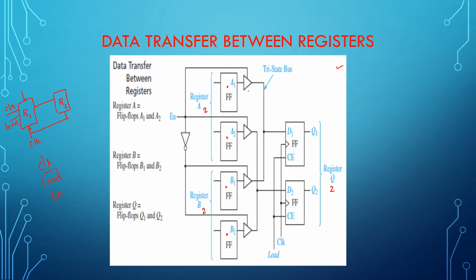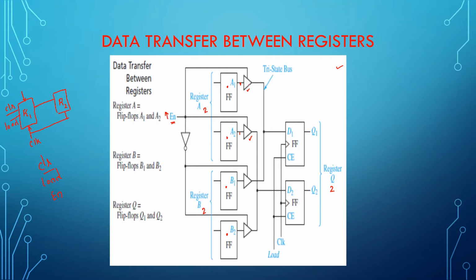So this buffer will get activated and this buffer will get activated once you give the enable signals. Until then, these tri-state buffers were turned off, which means that the data was available here. The data was available here because once the data is inside the flip-flop, the same data should be reflected at the output side, right? So the data was available here, but it couldn't move further because this tri-state buffer was off.